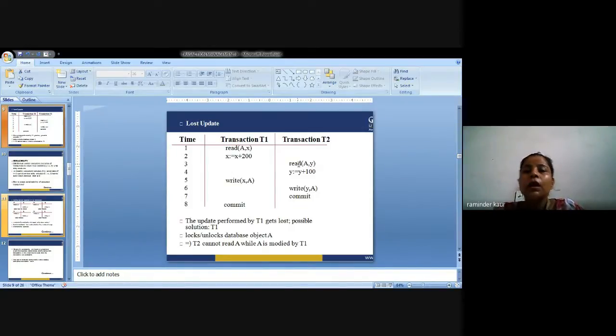So it is mandatory to perform the first transaction, then we are supposed to move to the second transaction. If the write operation had been performed earlier here in the third step, and then in the fourth step we were moving toward the second transaction, then there could not be a lost update. Now here we have lost the update. Why? Because before writing we are moving to the second transaction, and it will read the previous value, not the 1200. It is reading the value of 1000. So in this way the lost update is getting performed.